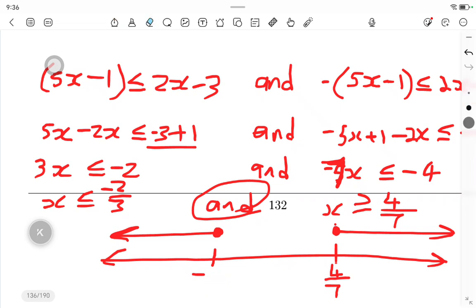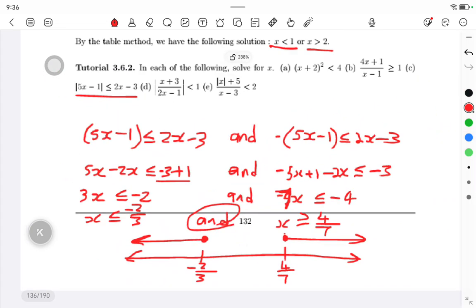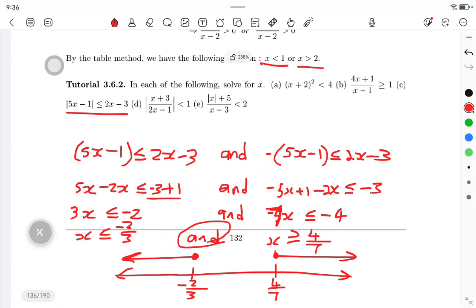So are they intersecting, guys? Are these two intersecting? You can tell me, guys, are these two intersecting? Anyone, you can give it a guess. Are they intersecting? No, right? So it means that